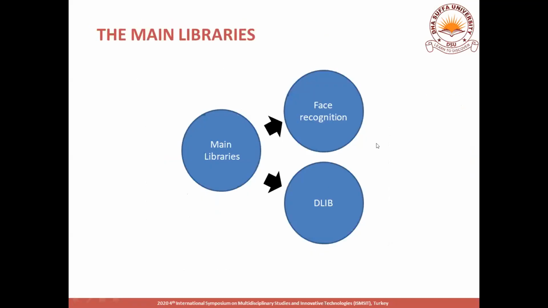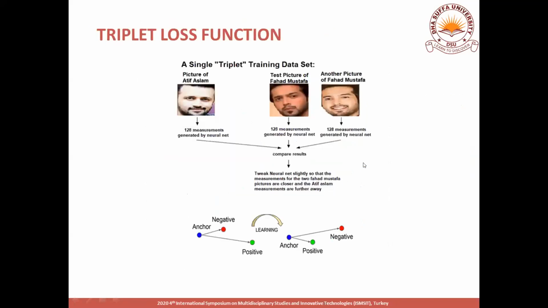Now we are basically using two main libraries for our face recognition. One is the face recognition library itself, and the other is the DLib library. The DLib library is very important for the construction of the face embeddings, and the face recognition library simply supports the DLib library. As for the triplet loss function, it works in a manner of tweaking the weights